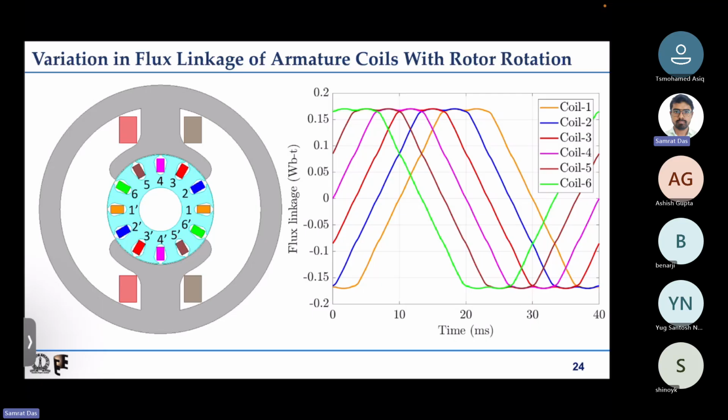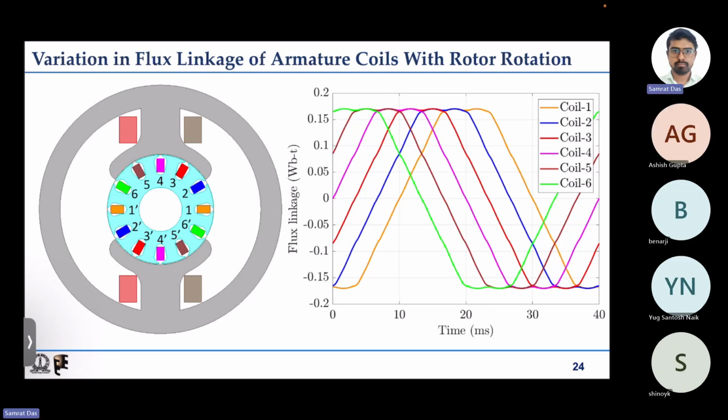So last day we discussed how to model the field winding. Then we went on to discuss the variation of flux linkage of the armature coils with rotor rotation. We have discussed that intensely. That if the field winding is excited with some constant current, and if the rotor is rotated, then because the